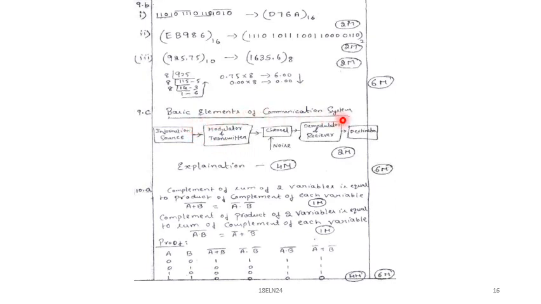Next, basic elements of communication system. These are the following blocks of a communication system: information source, transmitter, channel, receiver and destination, modulator and transmitter here, demodulator and receiver. So total 5 blocks, and one more block can be included here, noise. So 2 marks for the block diagram and 4 marks for the explanation. If you explain each block, 4 marks, 2 plus 4. This is about 9C, and this question is related to the block diagram of communication system.